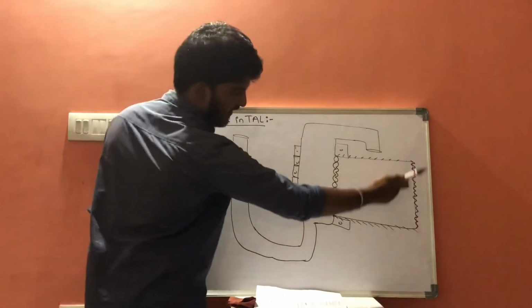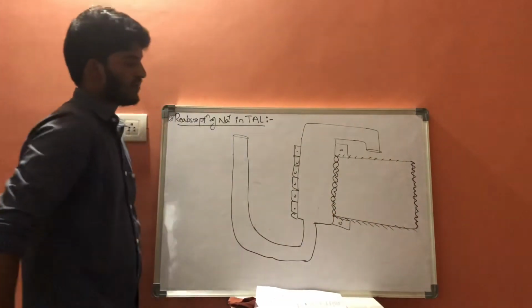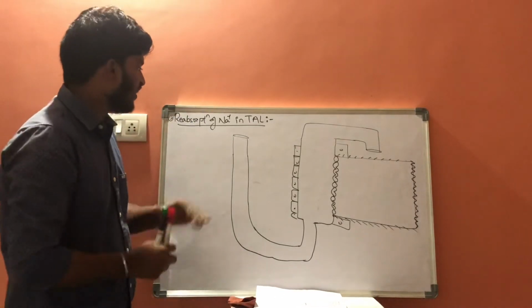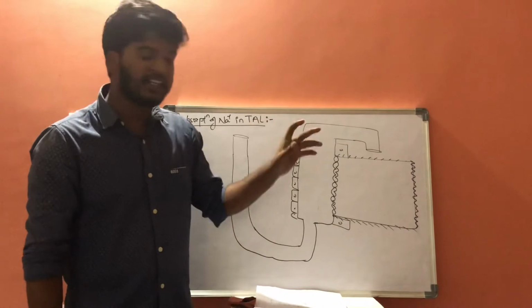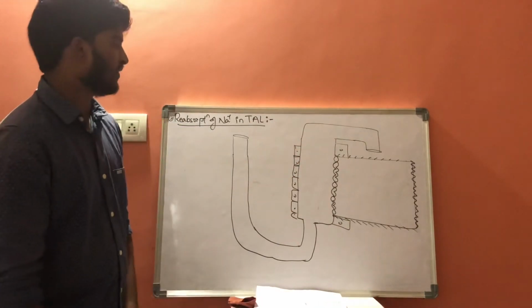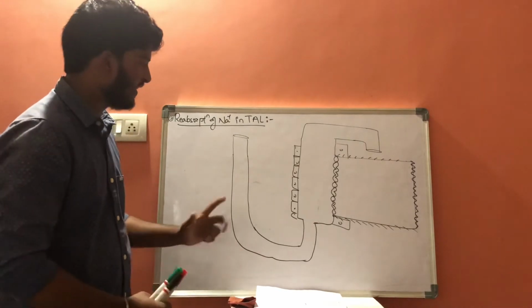Luminal membrane, ventral membrane, and two lateral membranes. So we are talking about the concept of reabsorption of sodium ions in the thick ascending loop of Henle. This is the thick ascending loop of Henle. So before going into that complete discussion,